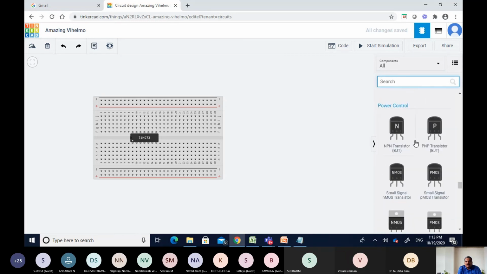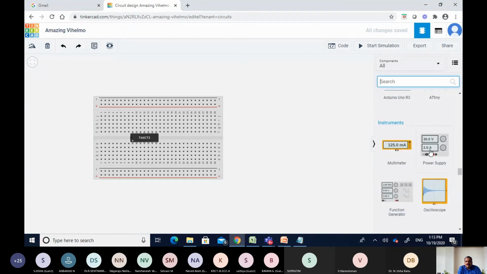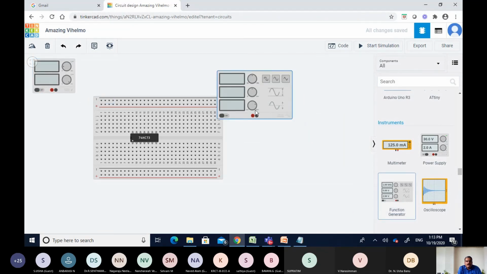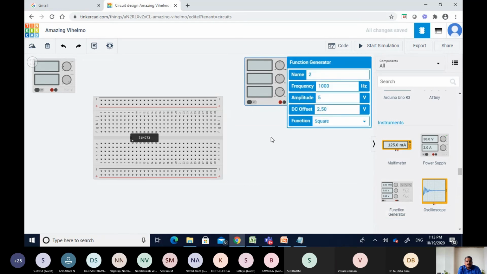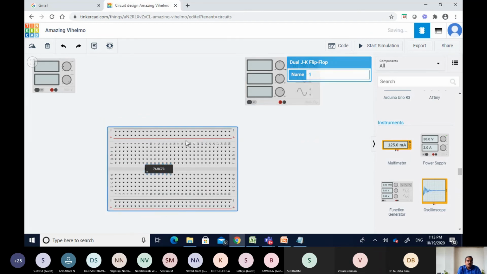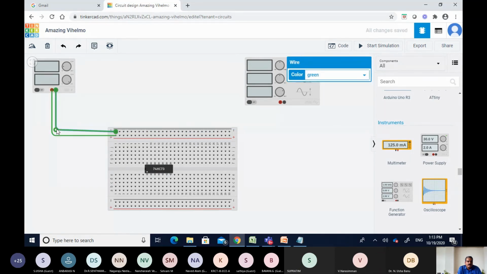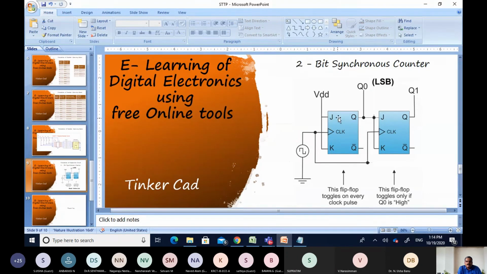Yeah. So in order to work, you require your power supply, and in order to generate the clock, you require one function generator. So the usage of function generator is the new thing with respect to this sequential circuit, right? So all other things are one and the same. So first we will be using this positive line. I will be connecting it to breadboard, and I have a negative line, and I will be connecting it to this breadboard again.